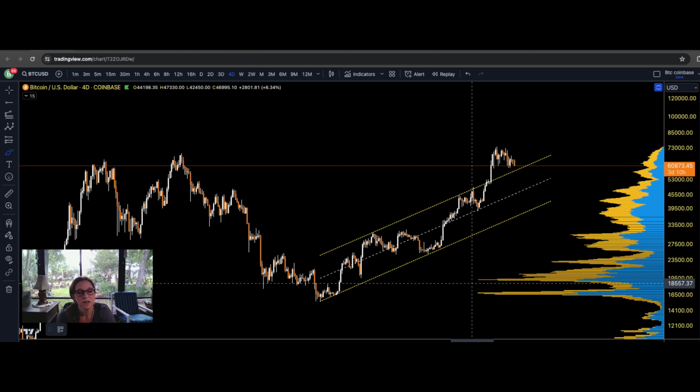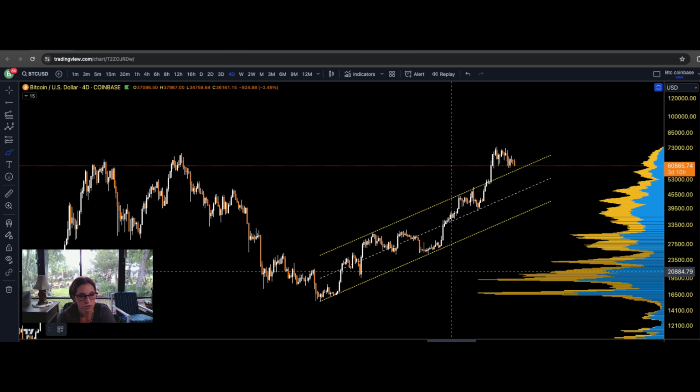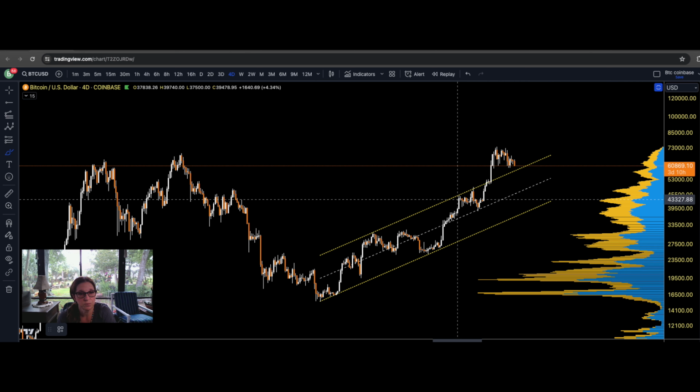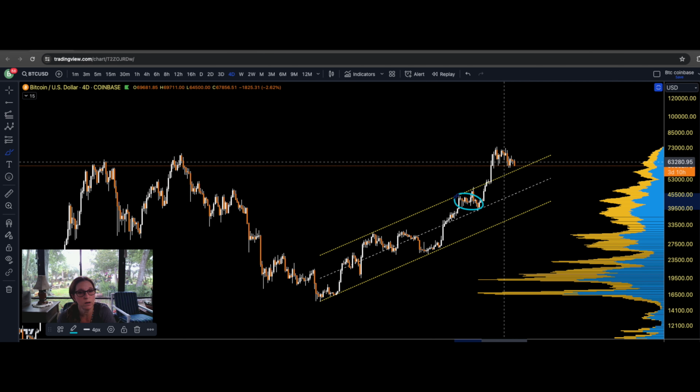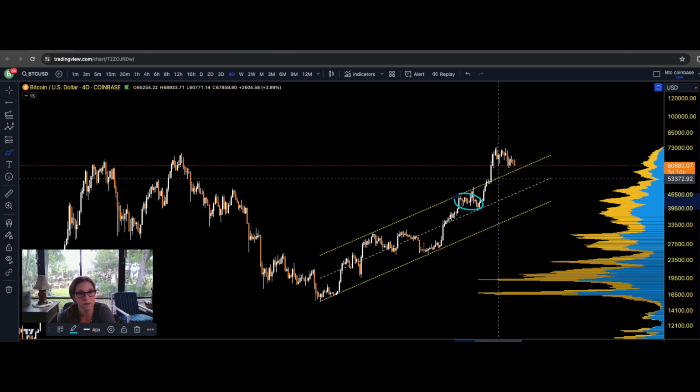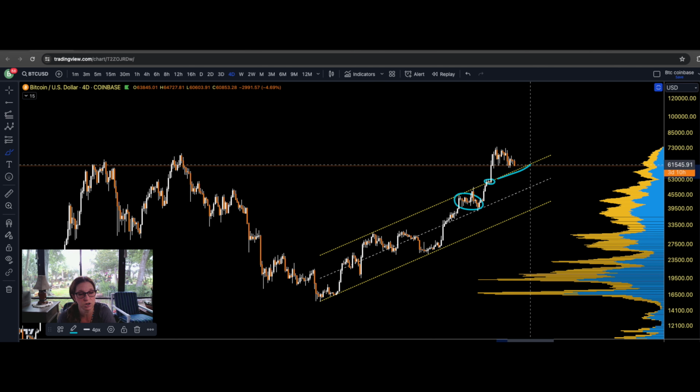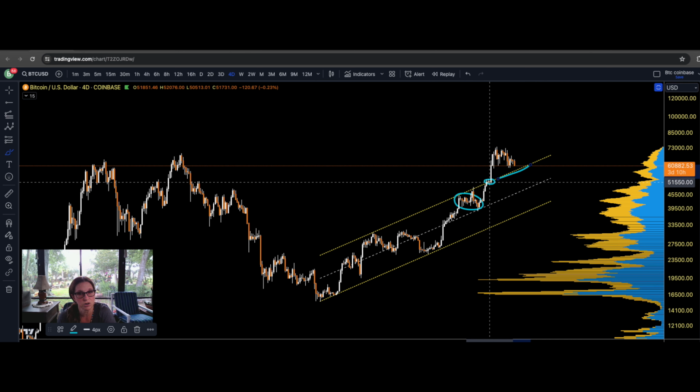All right, so let's talk about the bull scenario first with Bitcoin. The bull scenario is very, very simple. It absolutely cannot break market structure, which would be this correction. Now, I don't even want to see it come that deep. I would like to see this line in the sand be this little correction here. I would like to see it hold this top of this channel. But if it's going to come deeper, I would like to see this little correction hold around 52,000.